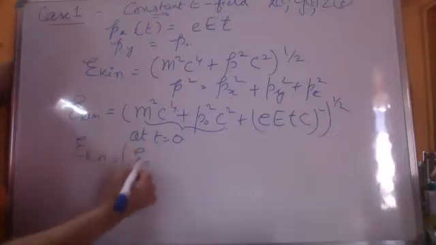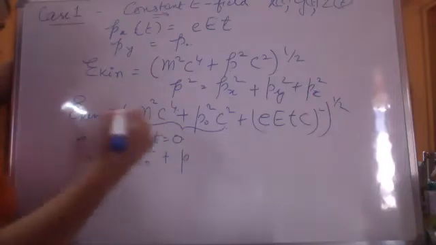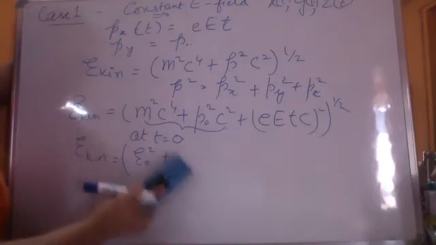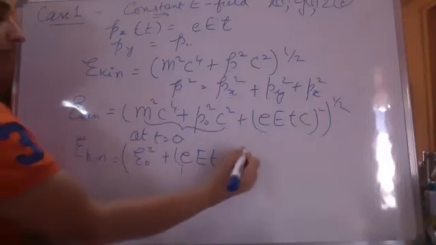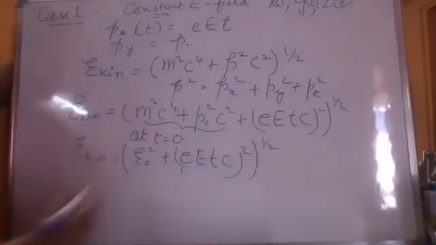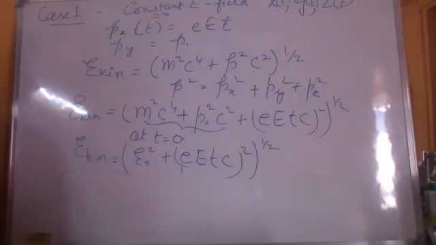And then I can write this expression for my kinetic energy as a function of time, like this. Right? Now, what is the use of doing this? The use of doing this is,